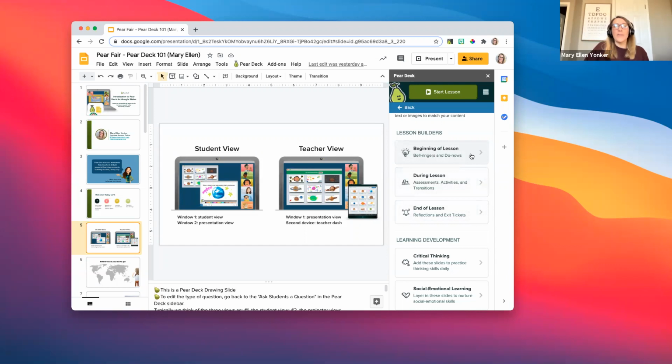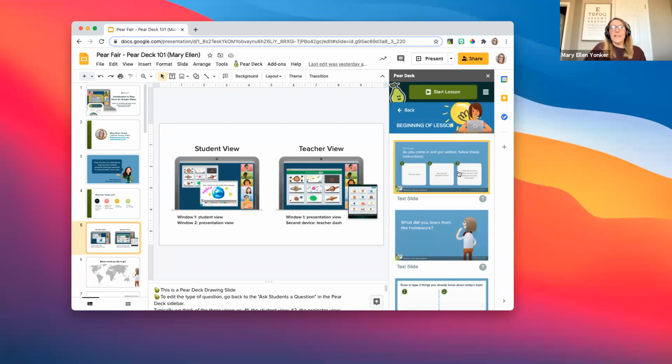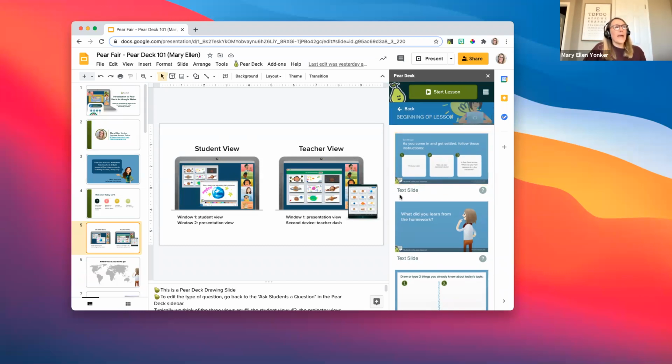So let's go ahead and look at our templates for beginning of lesson. Click on the arrow. And now I see thumbnail images of slides that I can add into my existing presentation. Each one has a note at the bottom that tells you what kind of interaction is included. And if you don't know what that means for your students, you can hover over the question mark and it tells you.